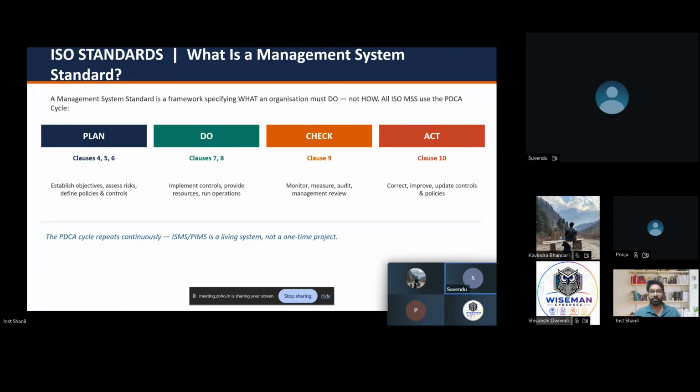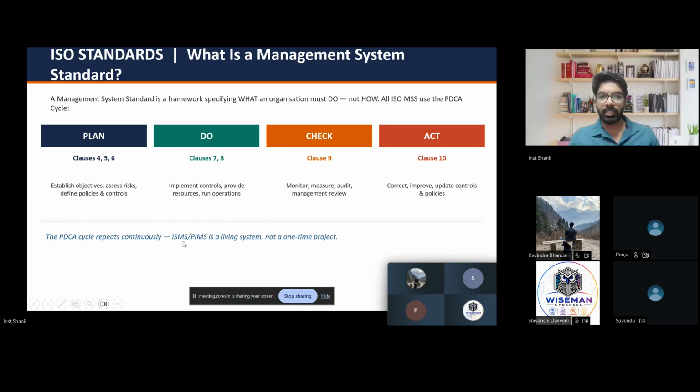Yes, sir. What are ISMS and PIMS here? Actually, is it related to ISO? So, ISMS is Information Security Management System, which is covered under ISO 27001. PIMS is Privacy Information Management System, which will be covered under ISO 27701. Since we are learning a combined approach of both the standards, both are mentioned here. You'll get used to these terms in the coming 10 lectures. Don't worry about it. You'll hear it 5 to 10 times and you'll learn it eventually. So I is information, P is privacy, the rest is the same.